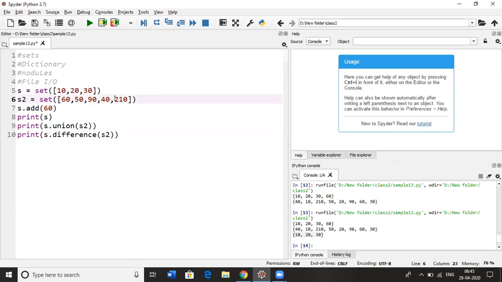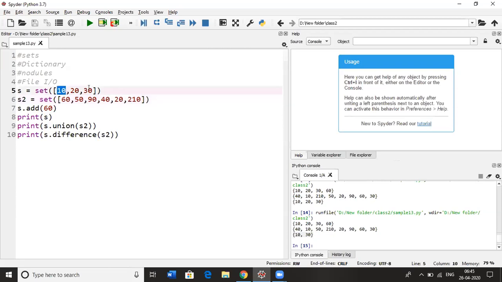If I put 20 here, it will not have 20 in the result, because it will ignore the same values in the two sets and take the other values in the first set.